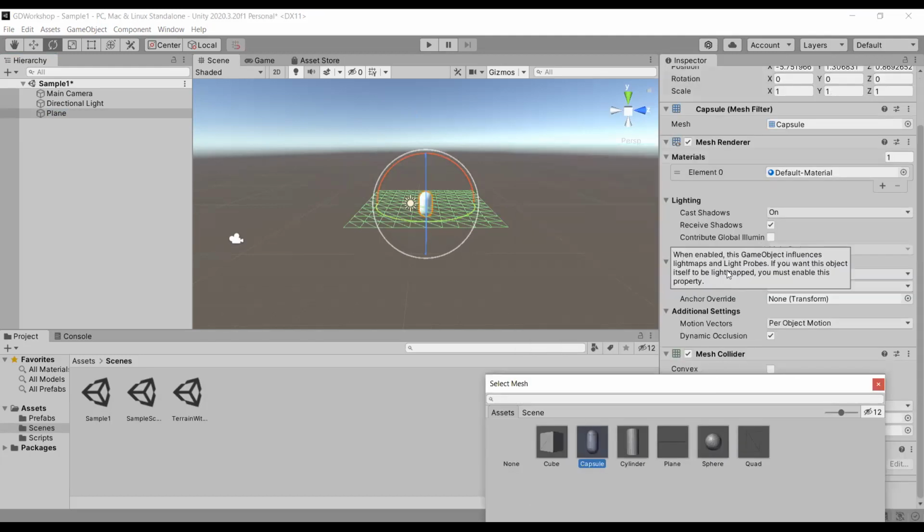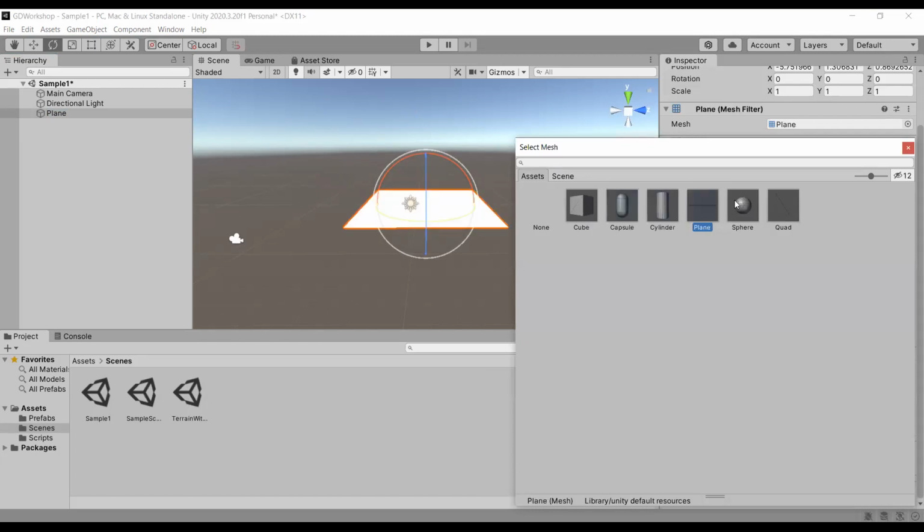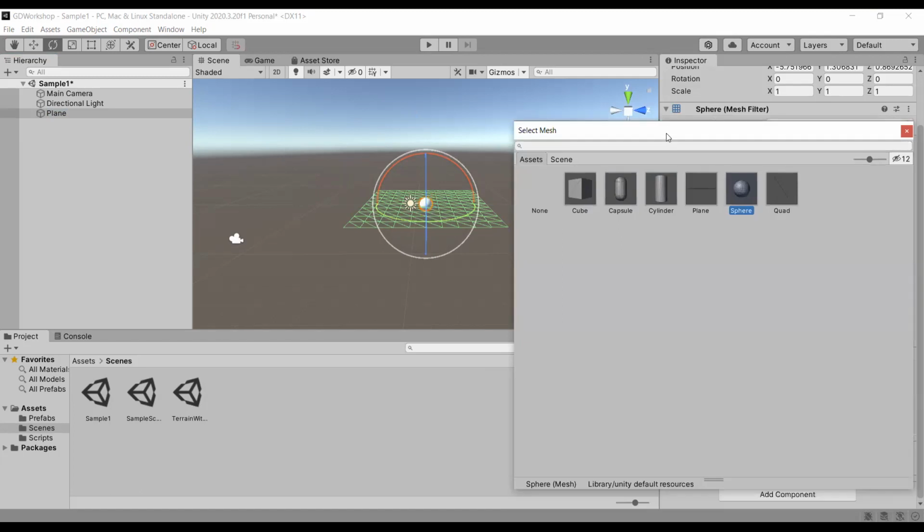I'm going to talk about it later. Currently, I can change the mesh to whatever I want. Changing meshes also gives rise to cool implementations in the scene. If you want, you can explore on the internet how meshes work. And yeah, I'm just going to reset it to a plane.